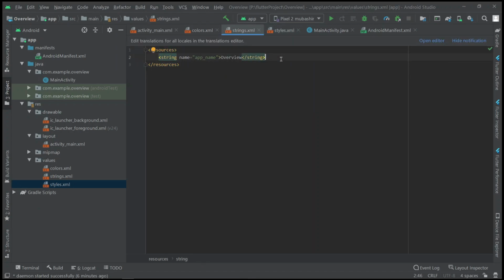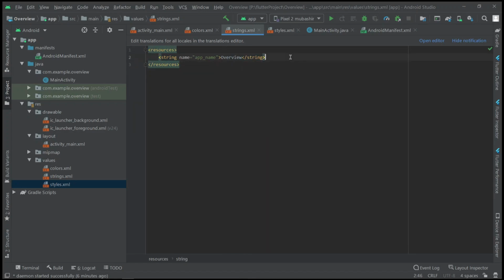For example, if you are making an app which supports many languages, if you are working on a big project and your project works in many languages for their respective countries. So if you want Hindi, you can change it to Hindi. If you want Telugu, you can change it to Telugu. So for that, all the strings which you use in our app, you can directly give as a resource in this file.